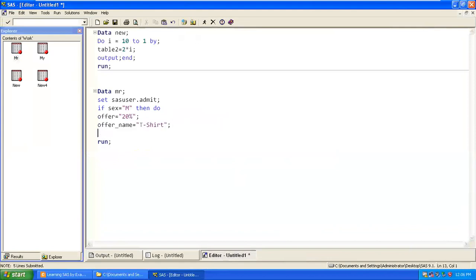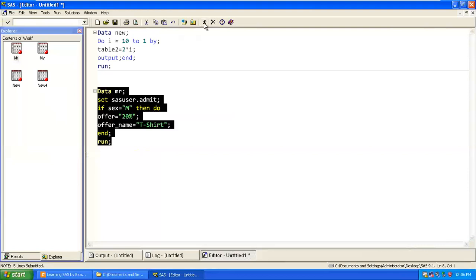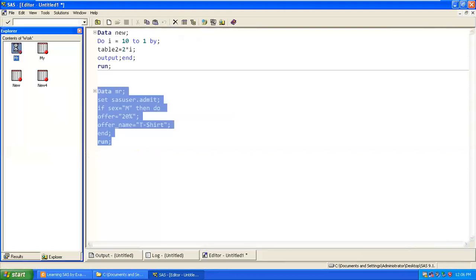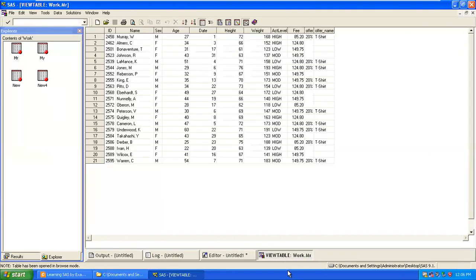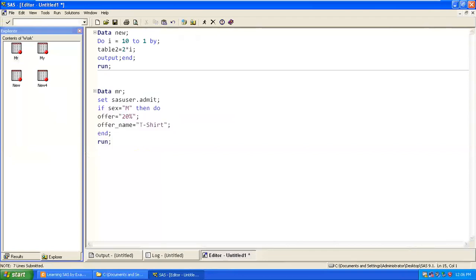With the if condition only, you can have one statement. With the help of do, you can create multiple statements. This will also be fine, and I can reduce my job. If you wanted to create multiple, you would have to write multiple if statements, correct? So many times you would have to write it.